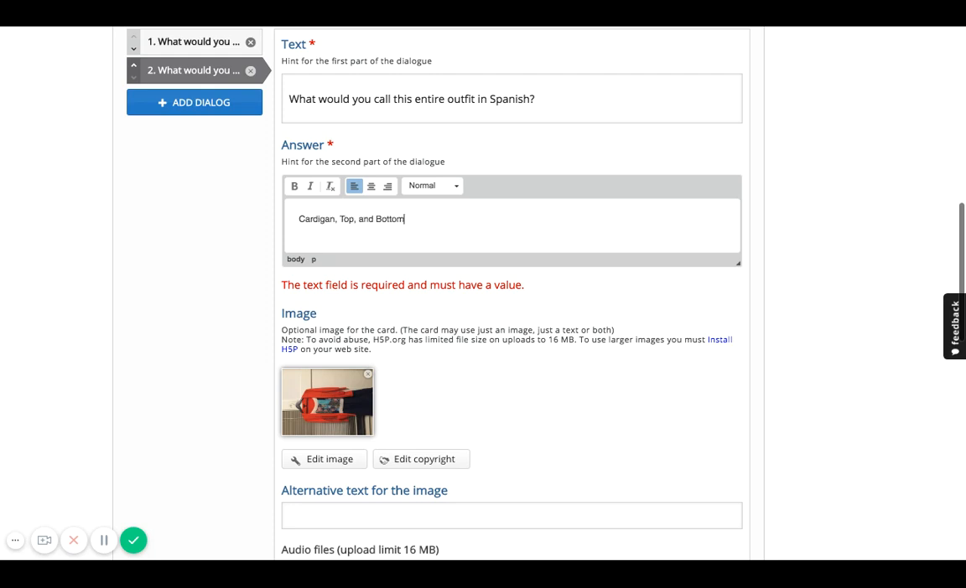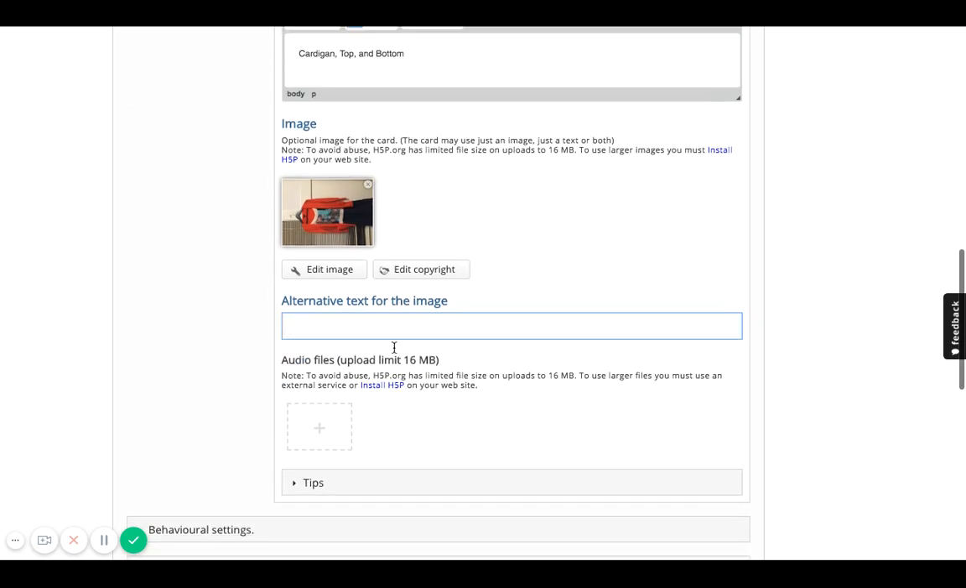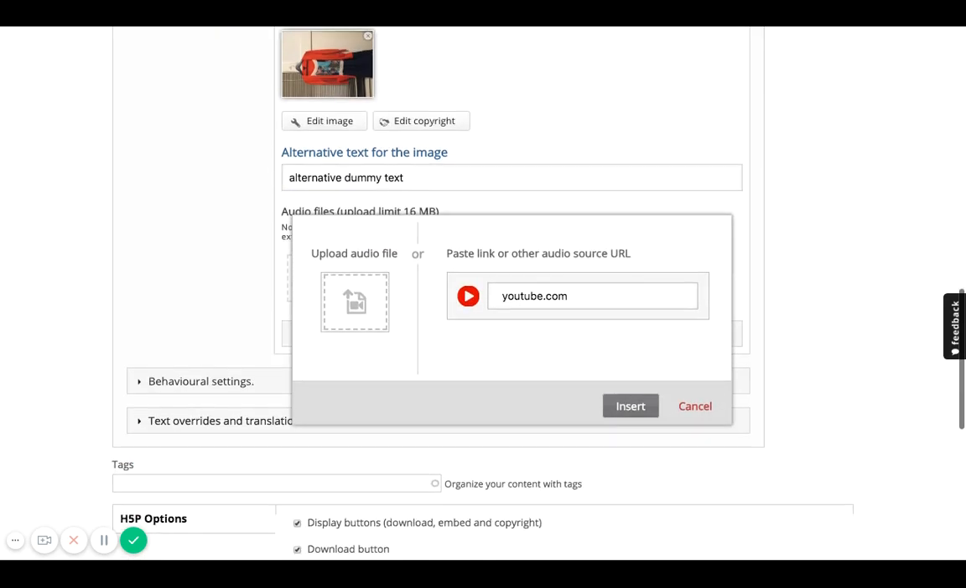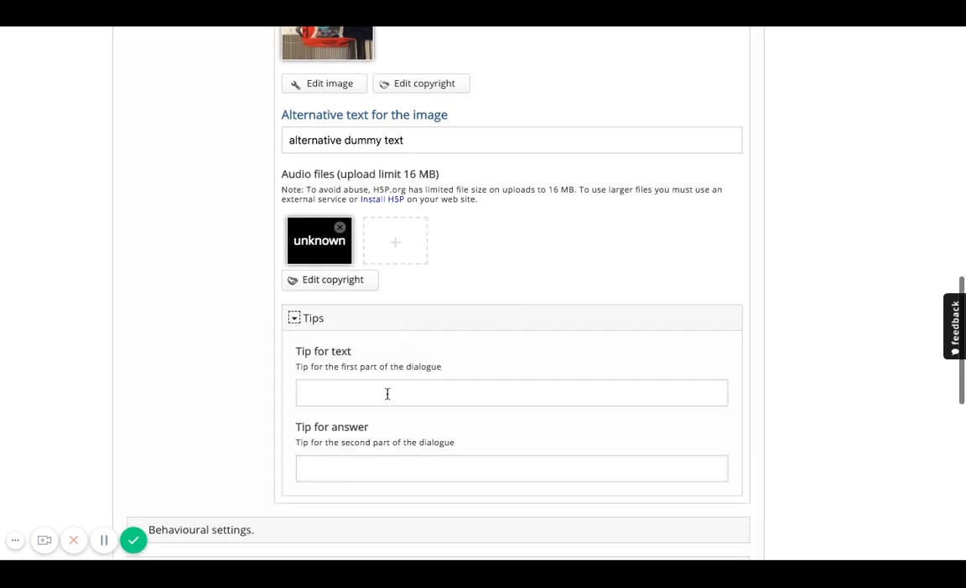top, and bottom, to say that the answer is 3 words: a Spanish equivalent for cardigan, a Spanish equivalent for top, and a Spanish equivalent for bottom. And then just put some alternative dummy text. And if I'd like, I can continue to add an audio file or link to an audio file through YouTube. And then add some hints, like the word is based off of stems that we learned